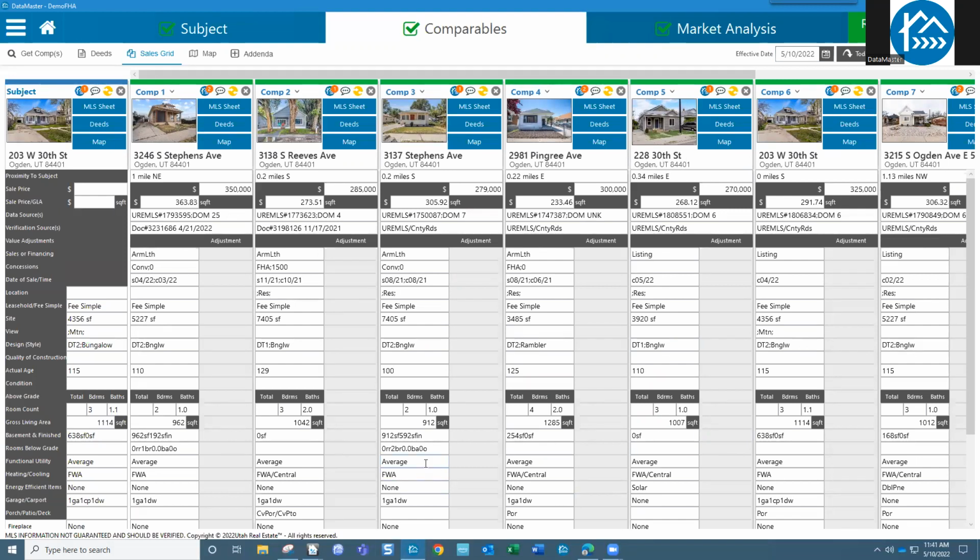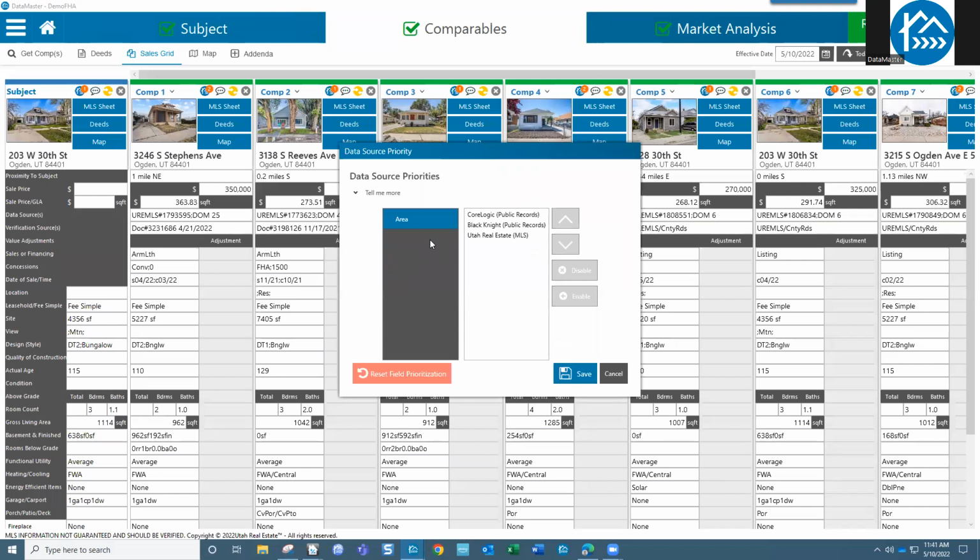One thing that you can see is the priority. So I'll show you the priority using the site line or the site field. If you right click and hit priority, I like the area to come from public record first and from MLS second. So this works as a waterfall. If the public record was blank and had no data, then it would next move to the MLS in this particular case. We always display the comp tracker data first